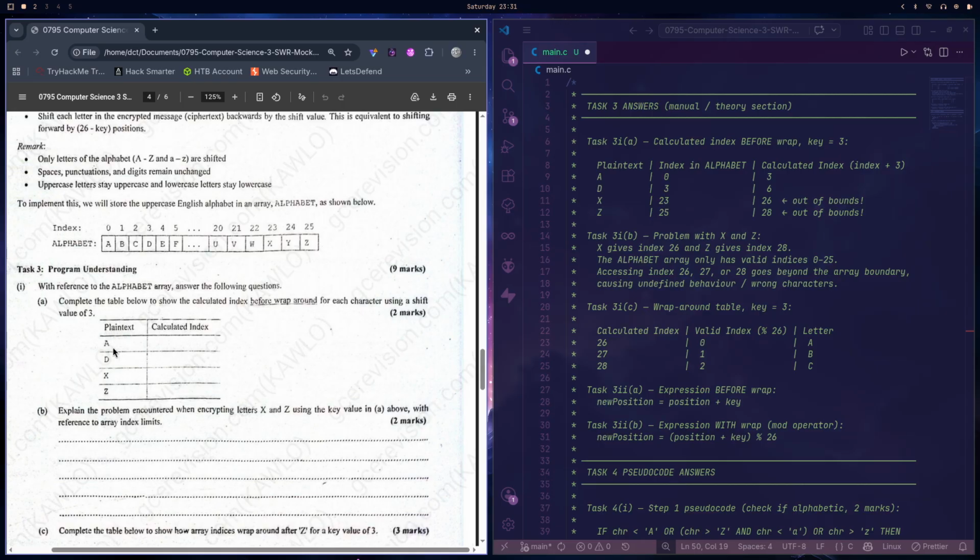So the plain text A, we have capital A. Now calculated index, A is at position 0. If we calculate 3 steps in front, we have 1, 2, 3. So the new index becomes 3, which is D. So that will be the encrypted message, right? So A, the index becomes 0. Now a calculated